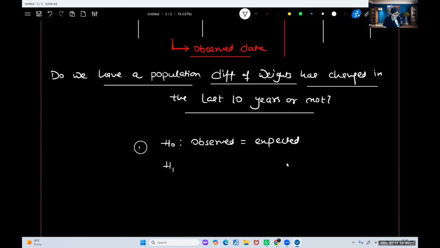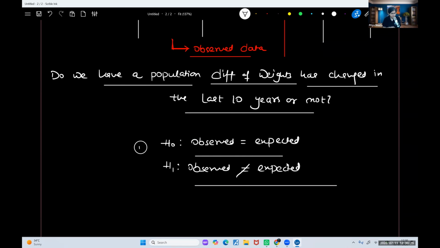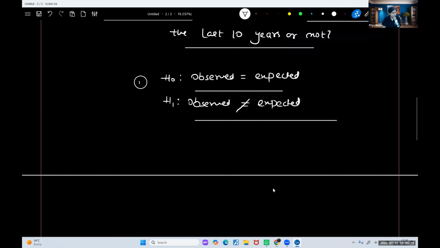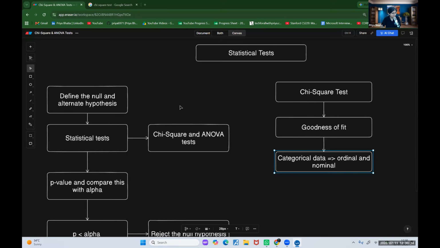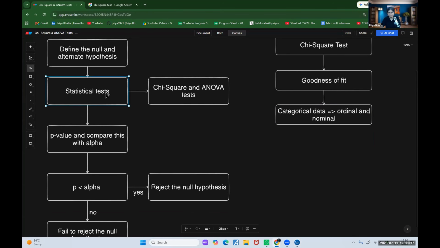What will be the alternate hypothesis? It says that, hey, the observed values that you are getting and the expected, they are not equal. Okay. What will be the second step? Second step, as we have seen, is to decide which type of test we have to use. And we know that, okay, for now we have to use a